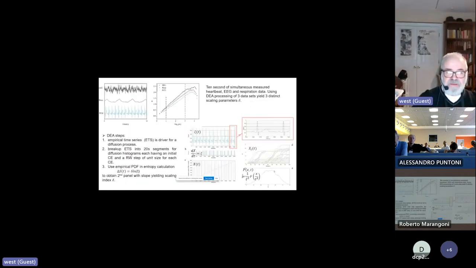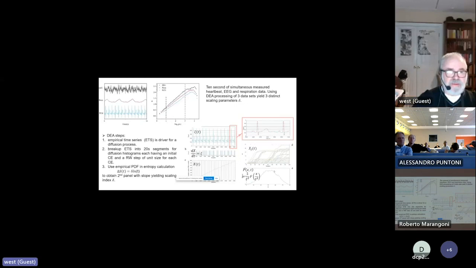So this is the story of how we process the data. We take the 3 time series that showed roughly in the cartoon on the preceding slide, and the 3 time series here are 10 seconds of actual data that were simultaneously measured. So the black curve is the EEG, the red curve is the respiration, or breathing rate, and the blue curve is the heart rate, the electrocardiogram data. So what we want to do is show you that these 3 very different looking